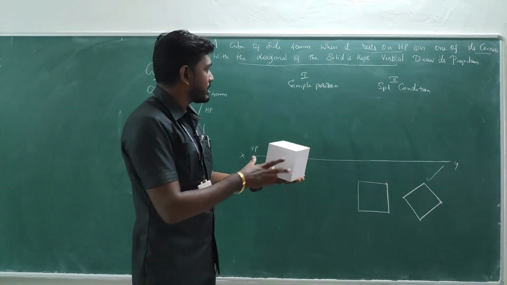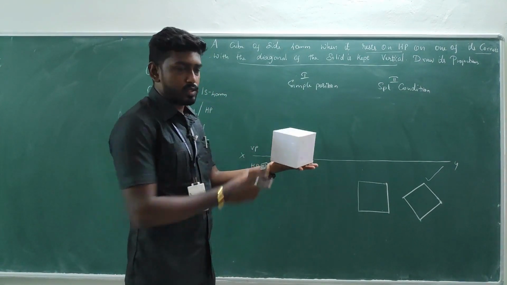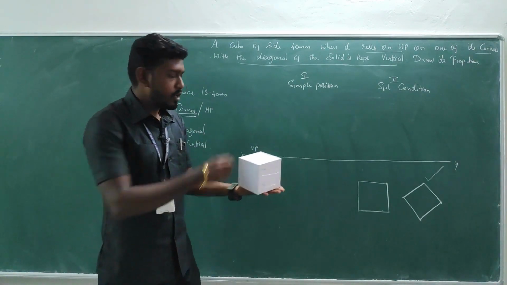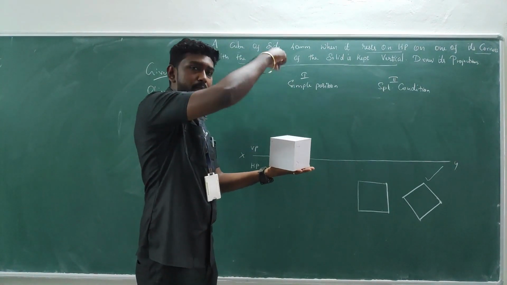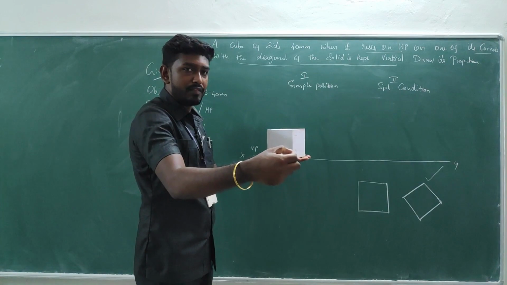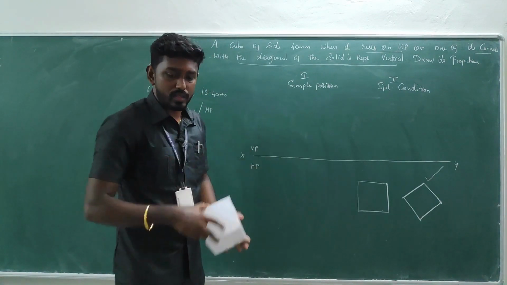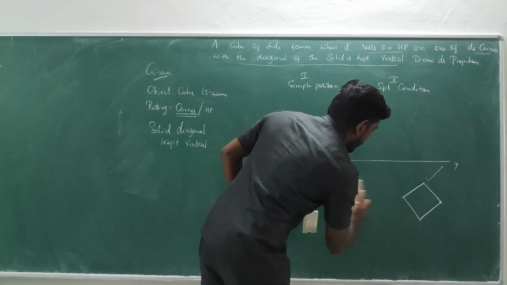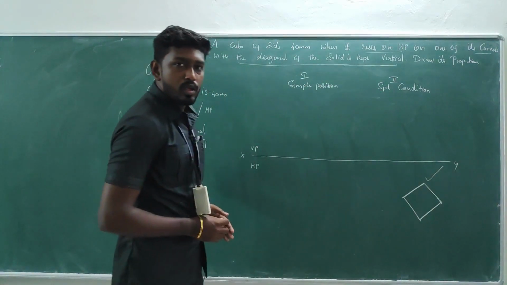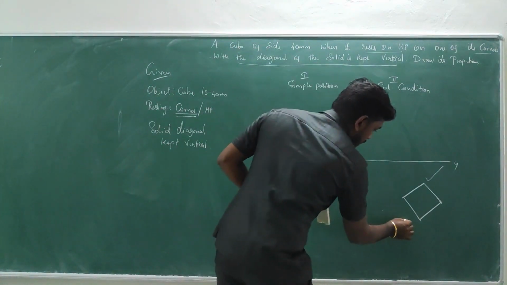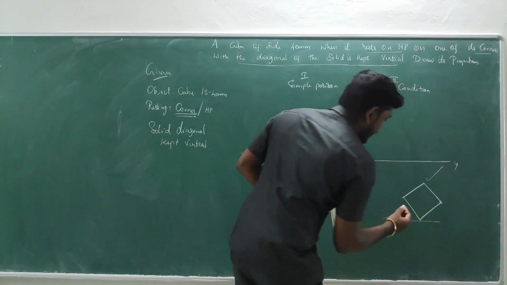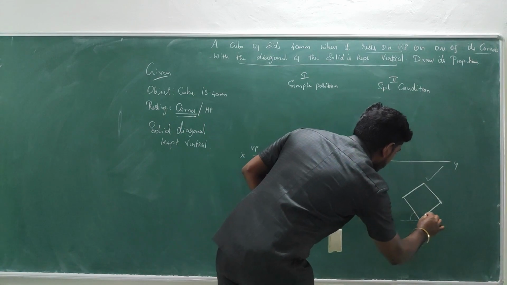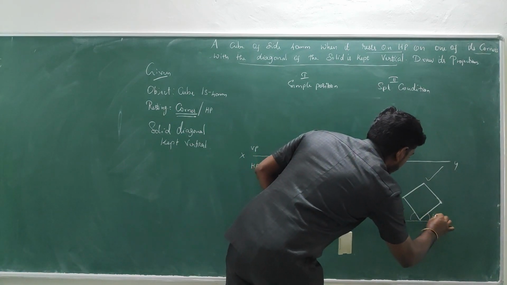So we are going to place it in the simple position something like this on HP. For this we are going to get the true shape in the top view, and in the front view we get the rectangular faces. So fine, in this position we are going to place it. If you want to place it like this, if you see with the reference line, the adjacent side will be at 40.